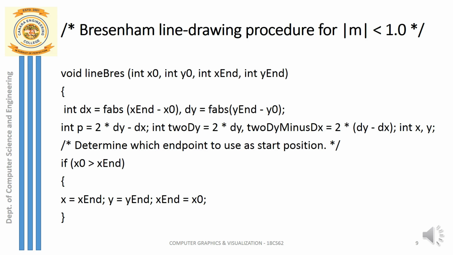Before we start with the implementation of Bresenham's algorithm, remember whenever you are solving, you take up examples for both the cases. That is for a line whose slope is less than 1 and for the line whose slope is greater than 1. So try solving the exercise or the problems for both the cases. Okay. So here we have the implementation of Bresenham's algorithm, and this is only for the line whose slope is less than 1. Okay, and you can write on your own the code for the line whose slope is greater than 1. So only there what you have to change is interchange delta y and delta x. That's all.